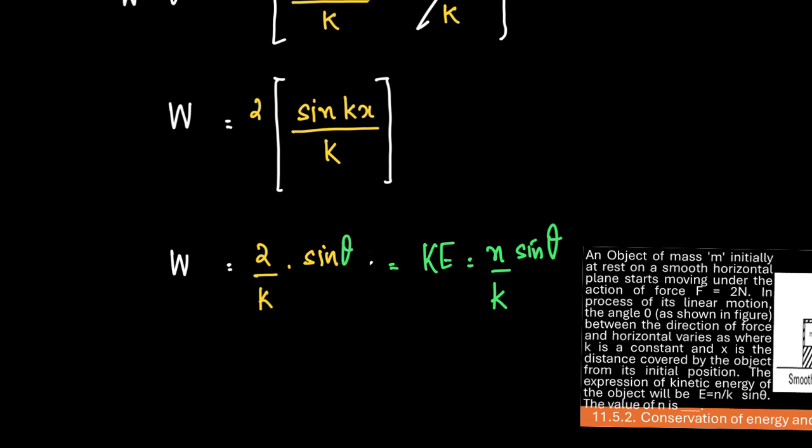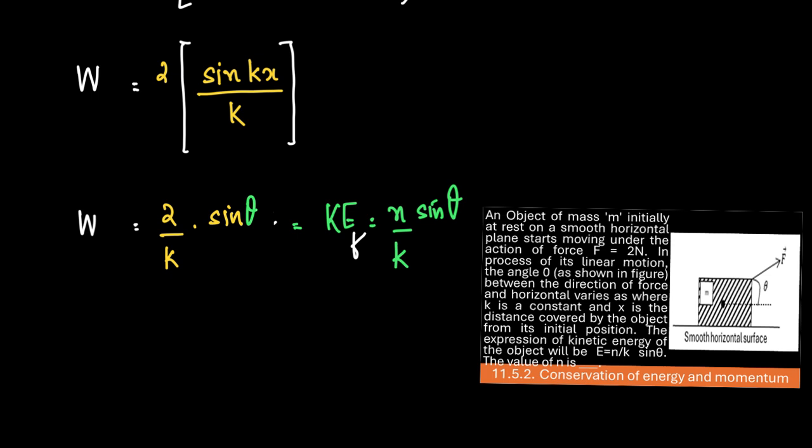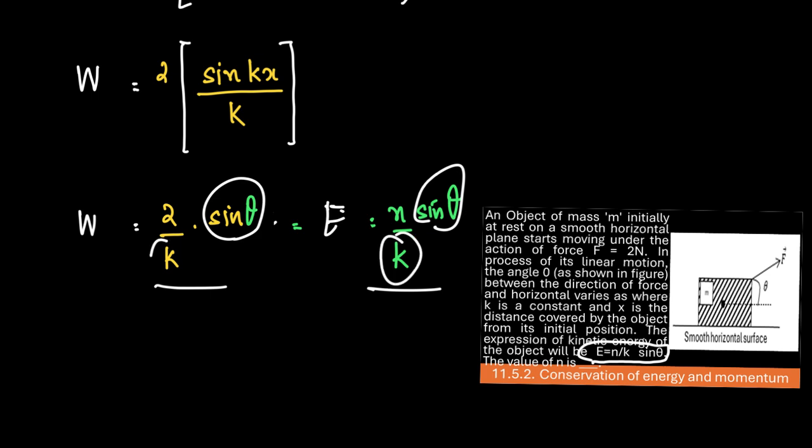What is kx? kx is theta. Now what is this work done equal to? Work done is equal to change in kinetic energy. Change in kinetic energy is kinetic energy final here. Why? Because kinetic energy initial was 0. And according to the question, it is given that the kinetic energy of the object would be E is equal to n by k sine theta. So I can write that kinetic energy final is equal to n by k sine theta. Now when you compare these two equations, we have sine theta and k on both sides, which means the only unknown variable is n, which is equal to 2. Therefore, the value of n would be equal to